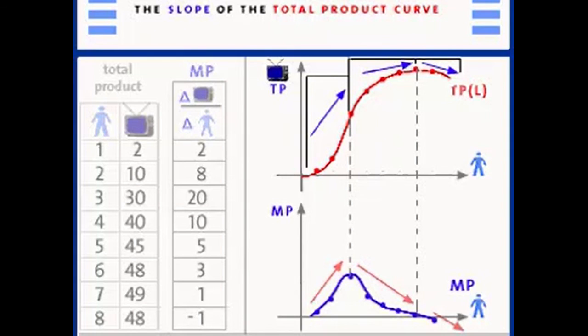The curve is convex. So now we've got a picture of the marginal product curve, which is the slope of the total product curve. And what we'll add next is another measure of productivity that you may often hear about in the newspaper, that is output per worker. And that's called the average product of labor. So we'll